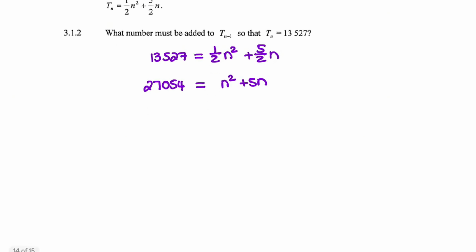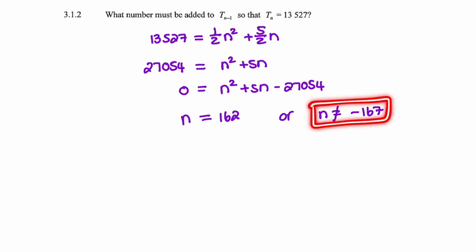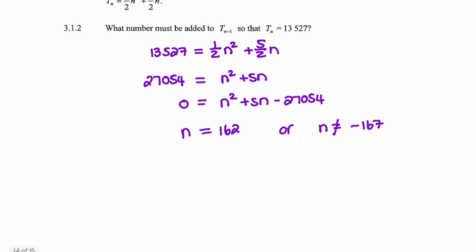Next, I can write this in standard form. So we have 0 is equal to n squared plus 5n minus 27,054. Now I will use my calculator to solve for n. So n is equal to 162, or n is equal to negative 167. Now because this is a number pattern, we know that n, which is a position in the number pattern, cannot be negative. So therefore, n is equal to 162. That means that term 162 would be equal to